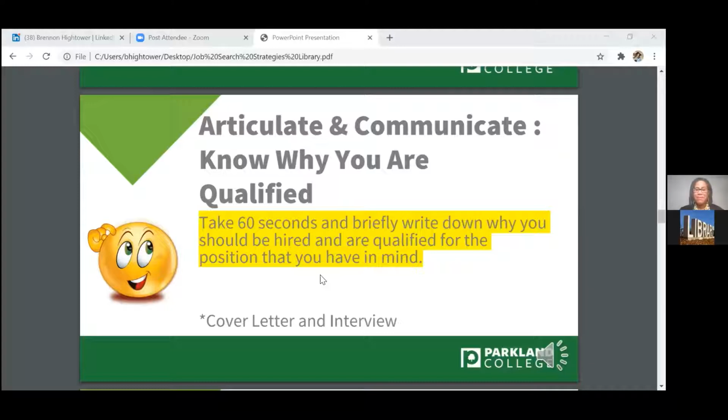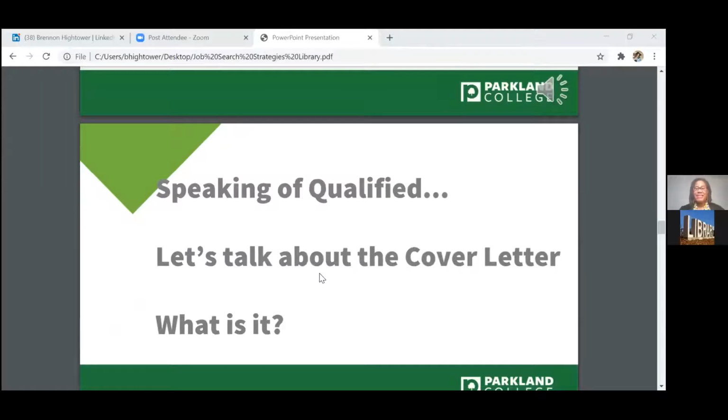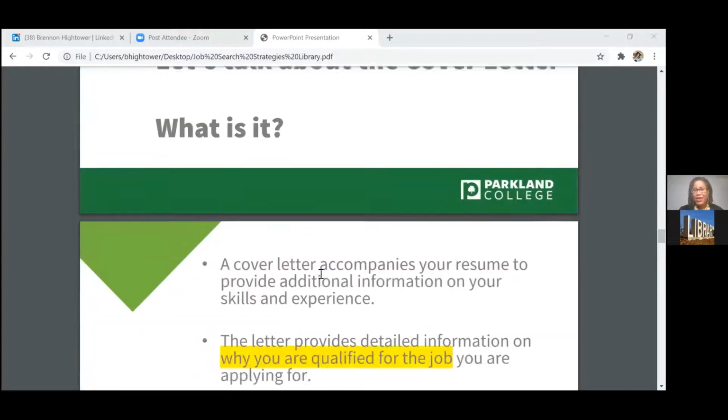So earlier we mentioned cover letter and interview a little bit, and we talked about knowing why you are qualified. The good thing is that with you doing this, you're already a step ahead. Let's talk a little bit more about the cover letter and what it is and how you're going to talk